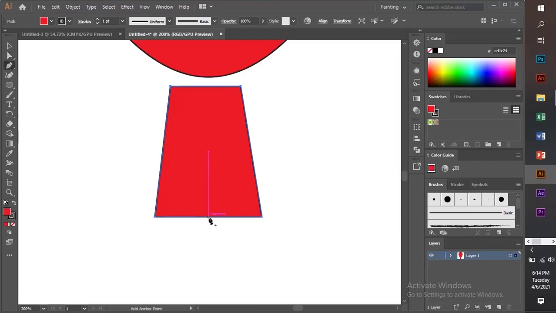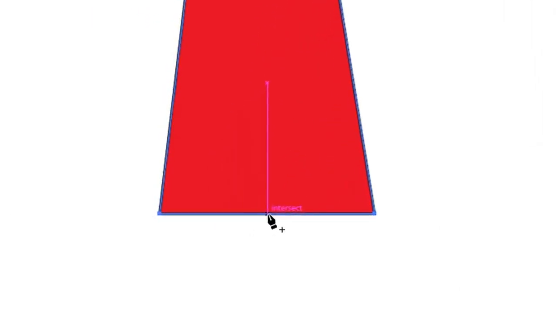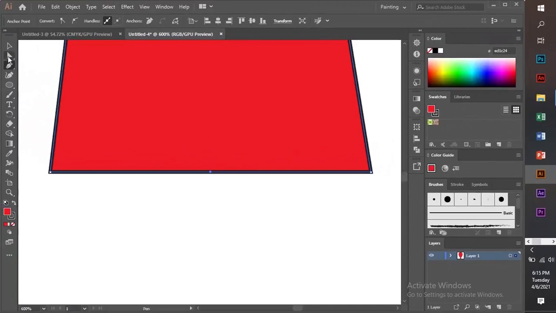and I'm going to add an anchor point to the center of the bottom section. You see the plus sign? It means you can add an anchor point. So I'm going to click on the path once, and then when you zoom in, we should see this little point here. Good. So I'm going to select my direct selection tool this time,